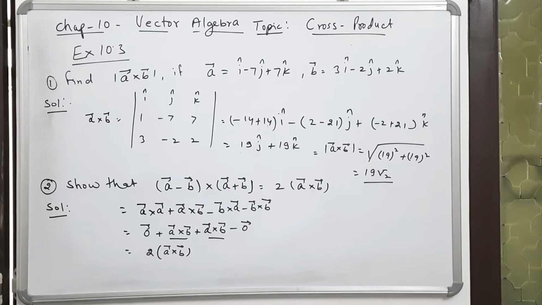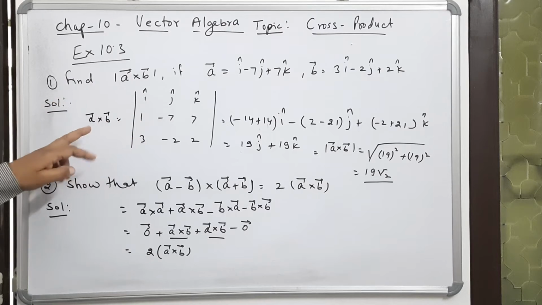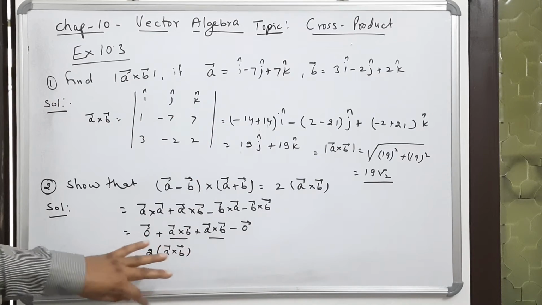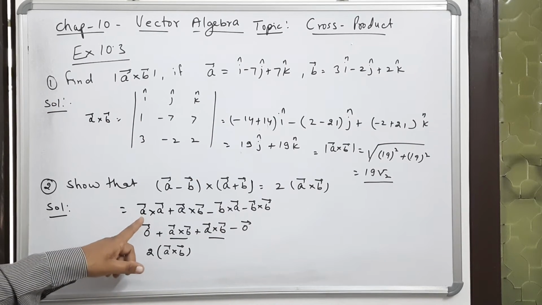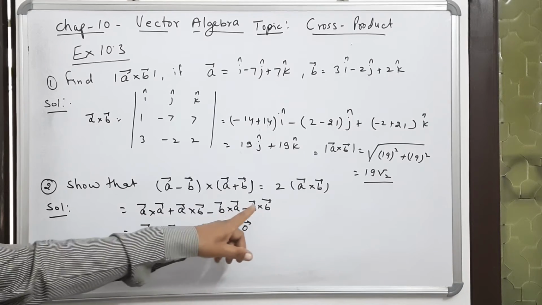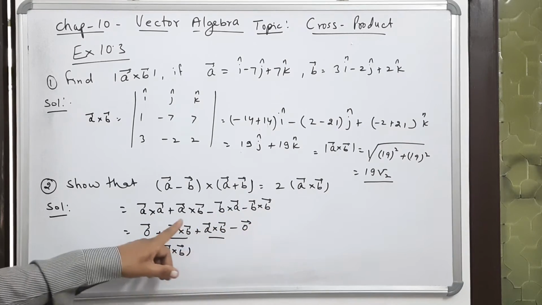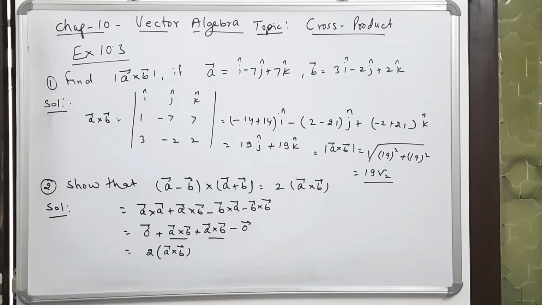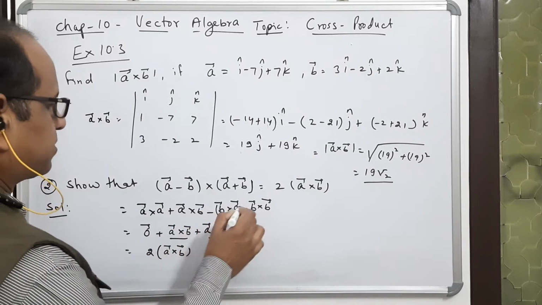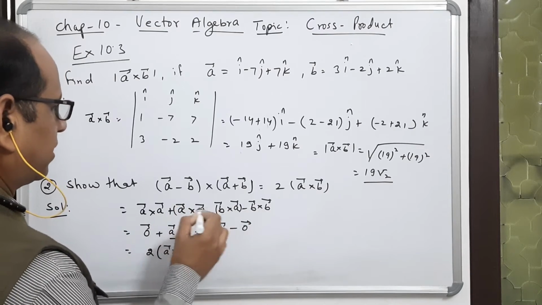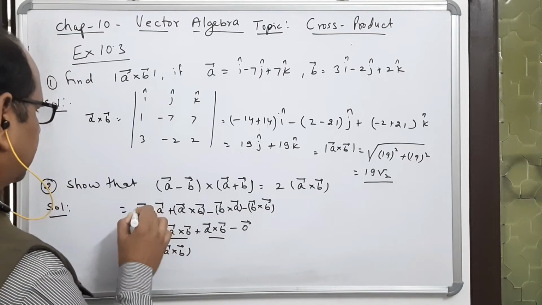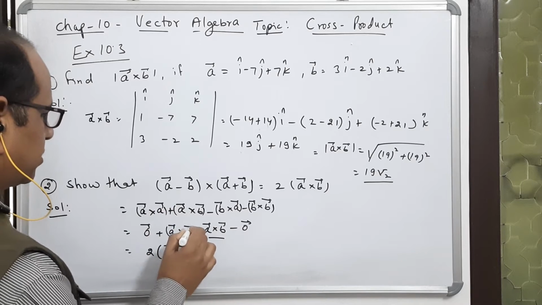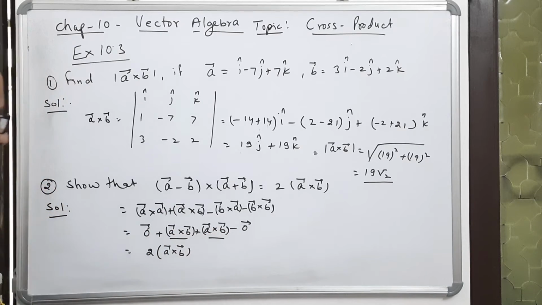This is an important sum in this exercise. So I have taken this problem. I hope it is clear to you how to find A cross B and the different properties. One property is A cross A is 0 vector, B cross B is 0 vector. Second property is A cross B is minus B cross A. This part is very important. You can make brackets here to make the steps more strong. So I hope these two problems are clear.